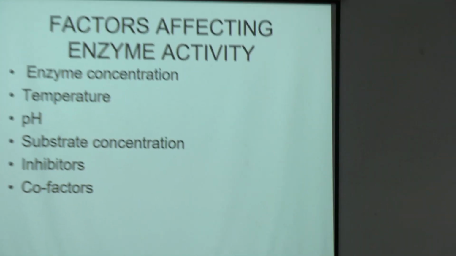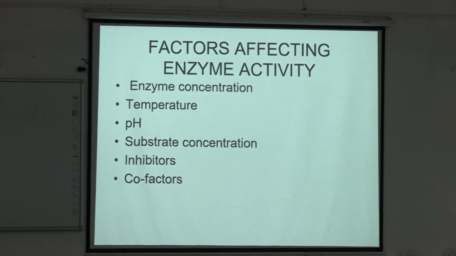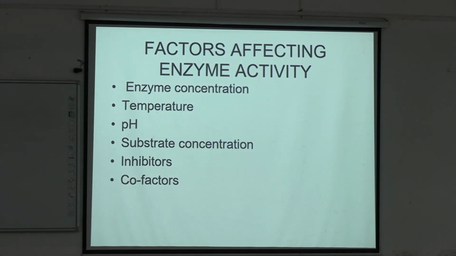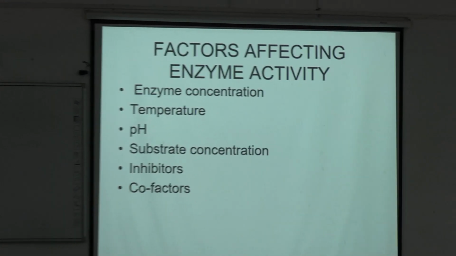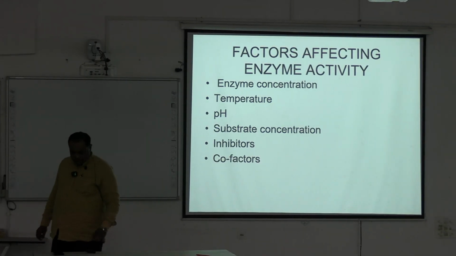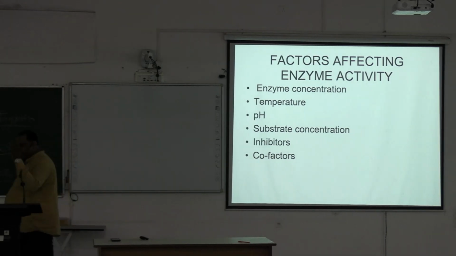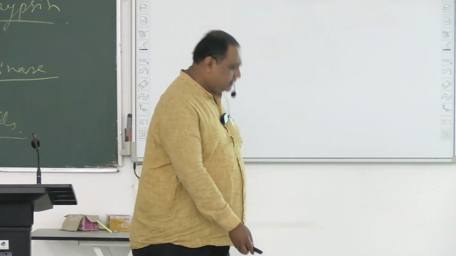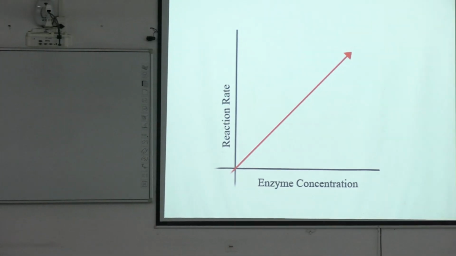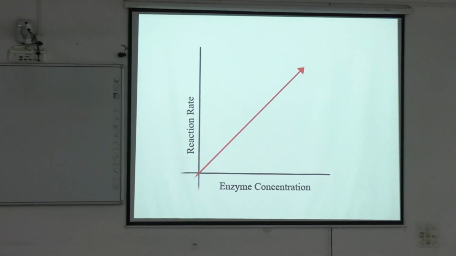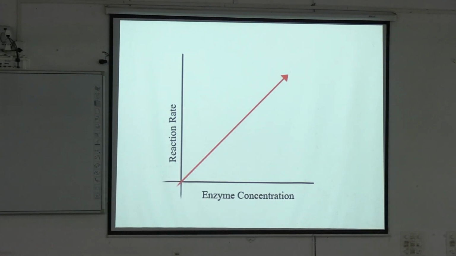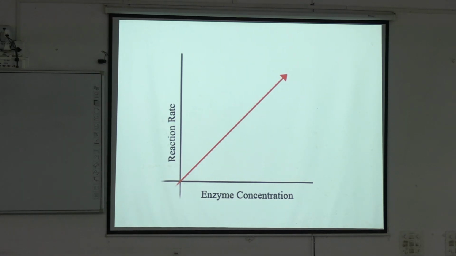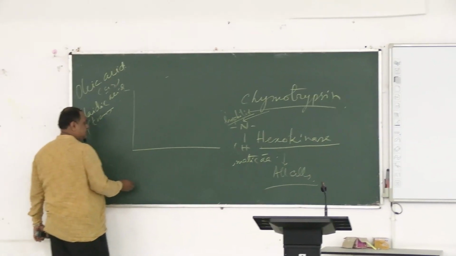Then factors affecting enzyme action. Just write down the factors affecting enzyme action. There are 6 factors. Many books have given more than 6. Again, it's up to you. My memory is short. I remember only this. Enzyme concentration. In each thing, you have to remember this one type of graph. So first you have to draw the graph, and then you have to explain how this graph has been drawn. This is enzyme concentration